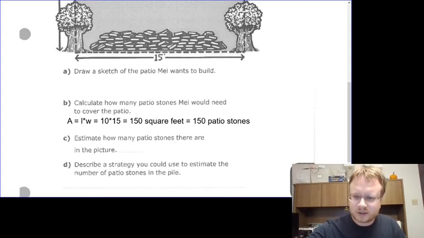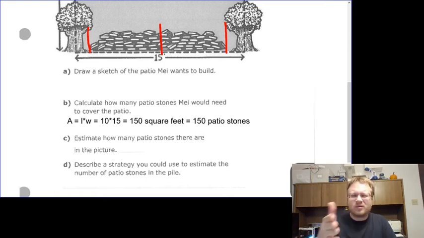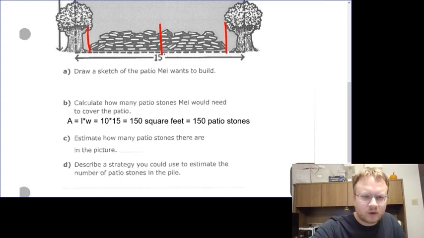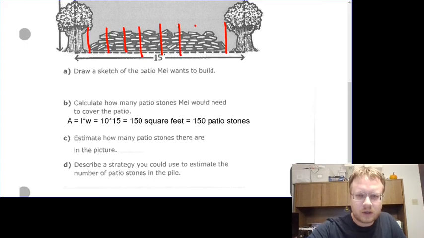I'm going to sketch, and I always start by making a line down the middle, and in this case I'll put a line at the ends. And then I just kind of look at it and think, what's a reasonable number of slices? We've already done 6. Let's try 8 this time. So let's see. I want 1, 2, 3. 1, 2, 3. So how many slices do we have? 1, 2, 3, 4, 5, 6, 7, 8. That looks pretty good. So let's write that on the side somewhere.